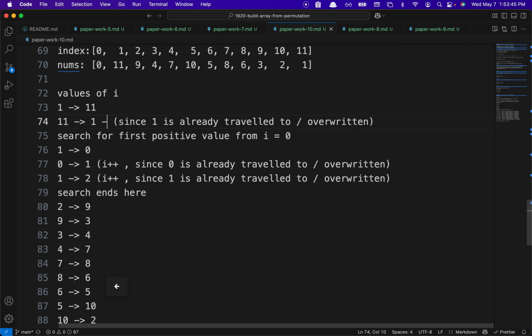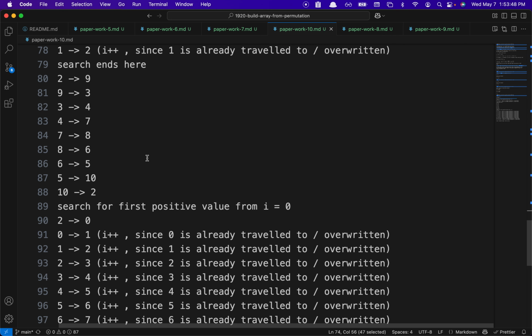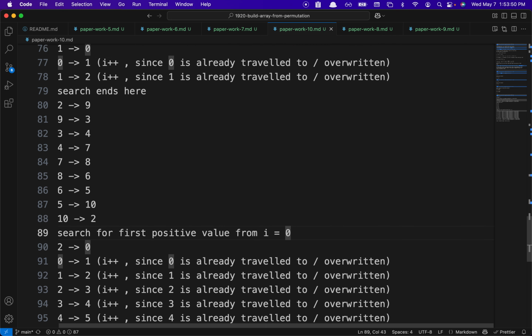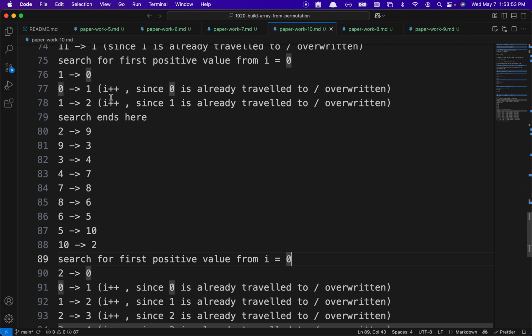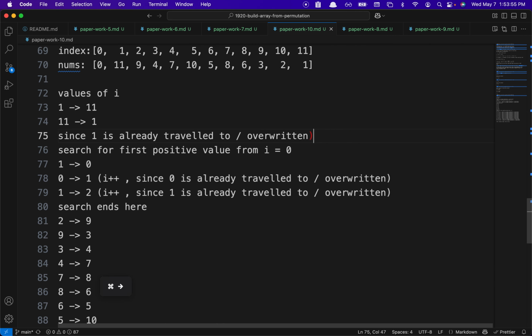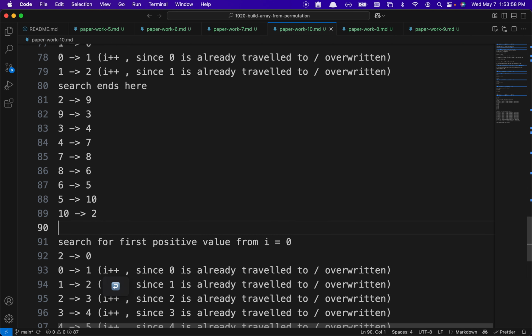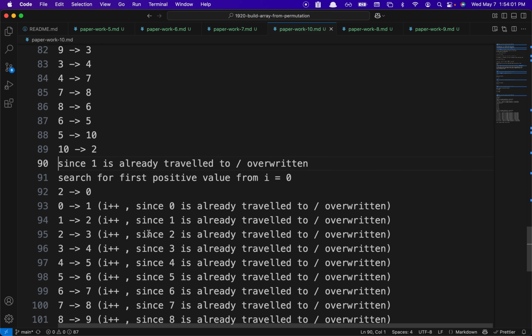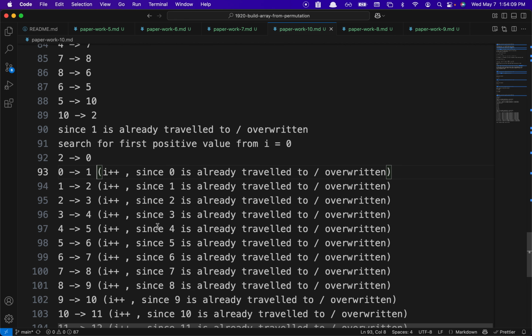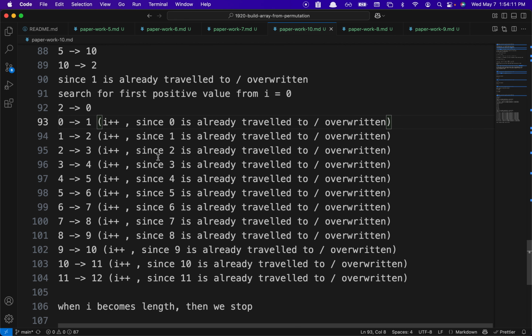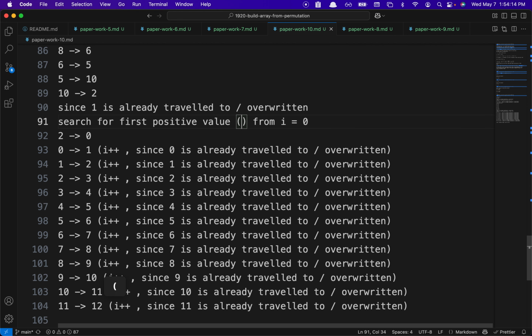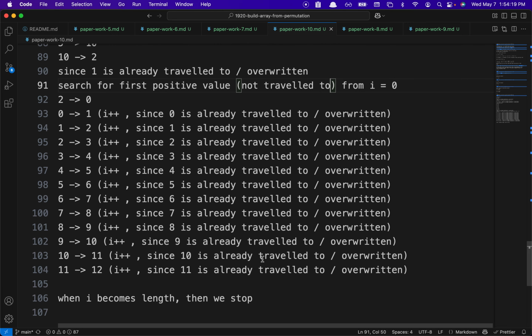So since one is already traveled to or over to, so this is this. We say first for positive value from 0. Okay, so since this is basically its value, not traveled to, search, then we stop search